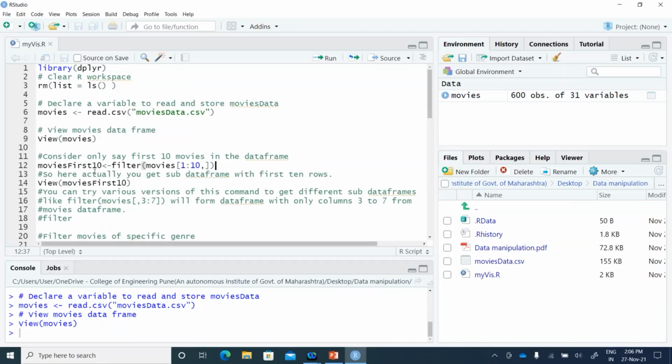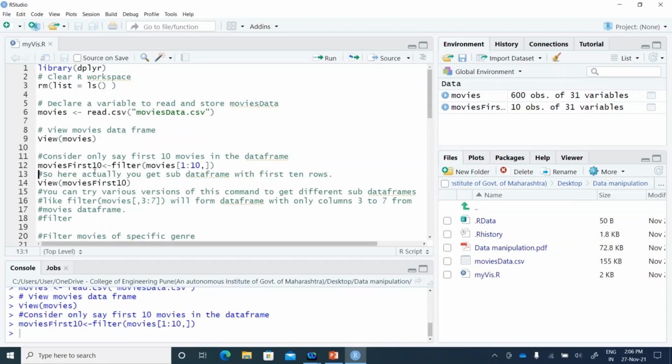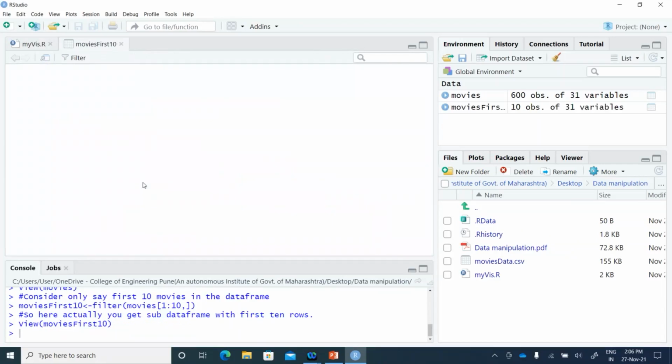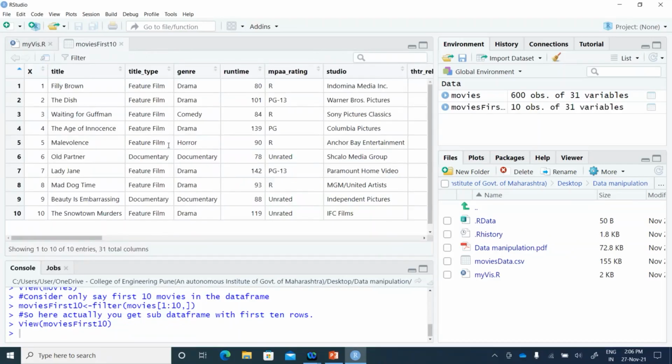Let me press Control Enter to run that line, and let's view this small data frame. If you look at the environment, you can see 10 observations of 31 variables. So the first 10 movies are listed over here.